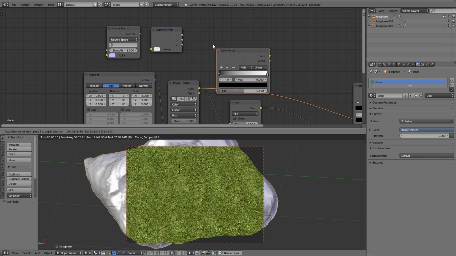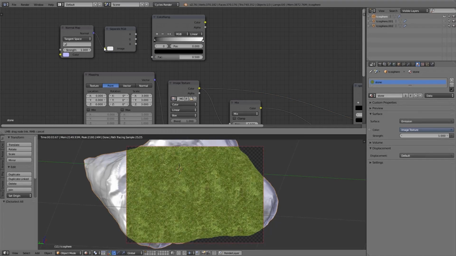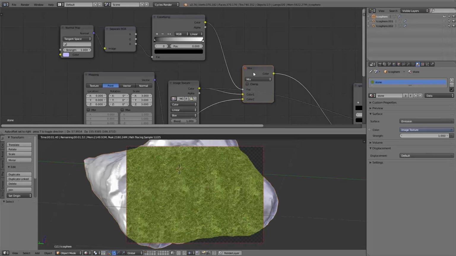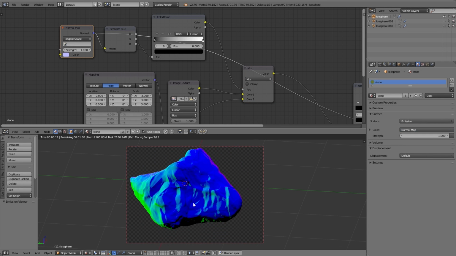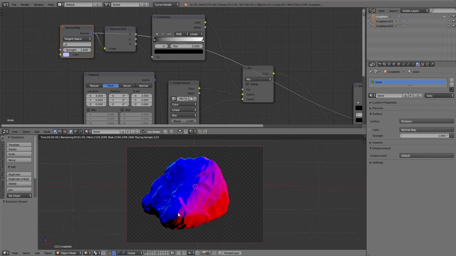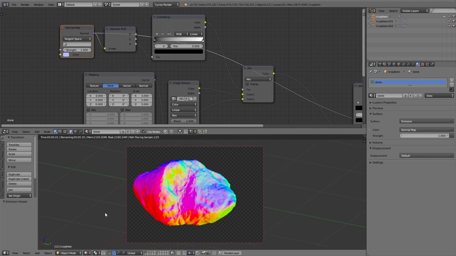Then I connect the normal map with separate RGB and the B output with the color ramp. B stands for blue. And the color ramp I connect with the FAC value of the mix RGB node. So what exactly are we doing here? The normal map projects different colors from different angles